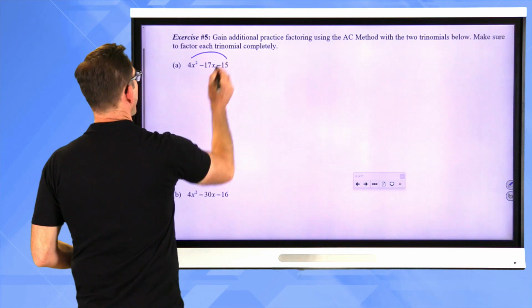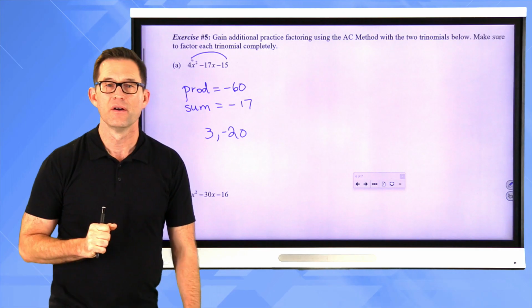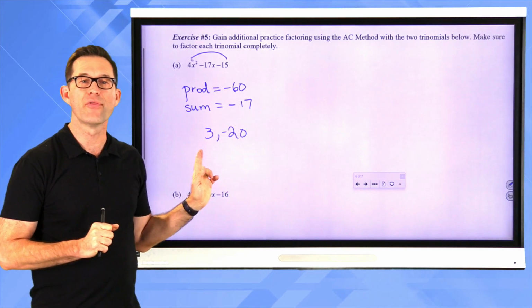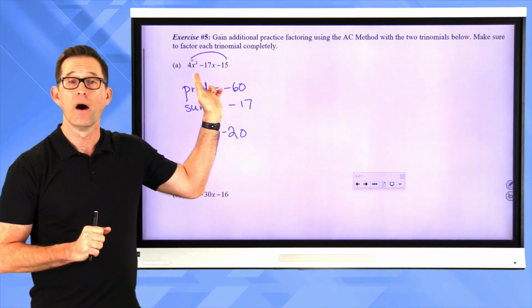And I'm looking for two numbers that have a product equal to negative 60 and have a sum equal to negative 17. All right, those two numbers end up being 3 and 20, where the 20 is negative, right? 3 times negative 20 gives me negative 60, and 3 plus negative 20 gives me negative 17. I now can take my